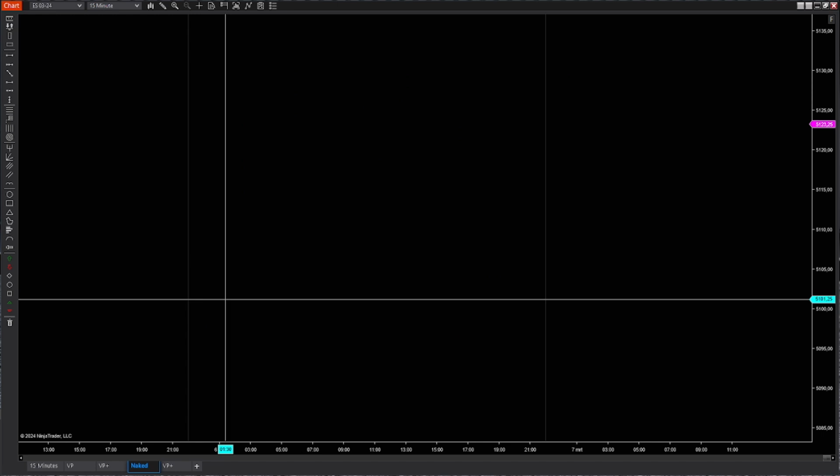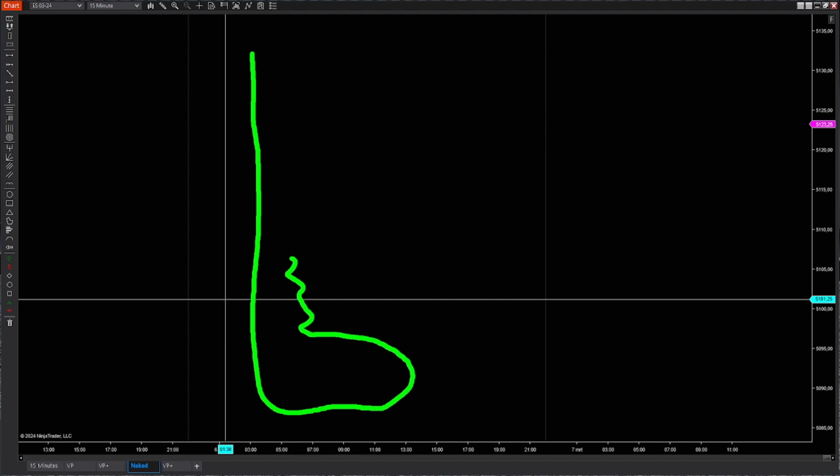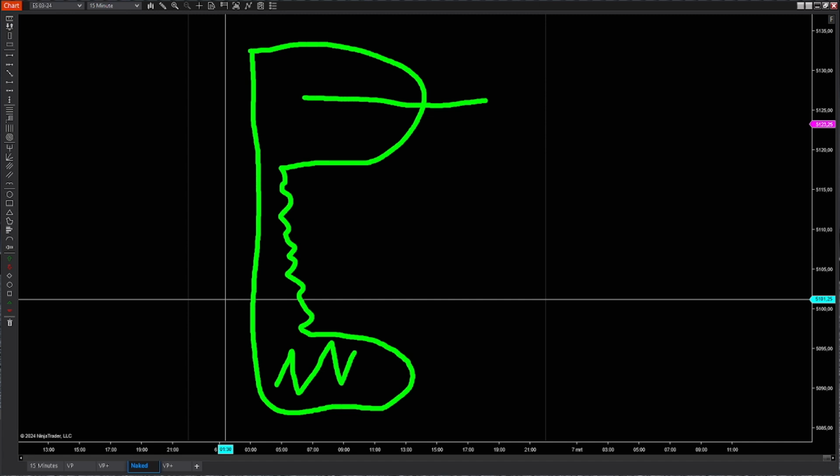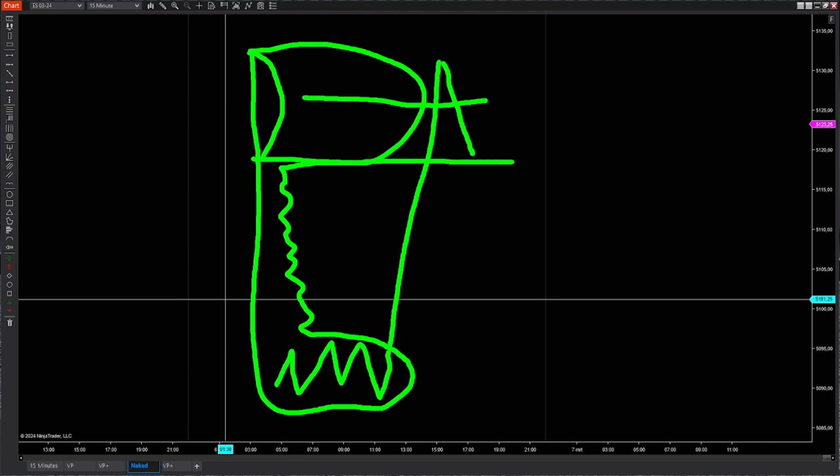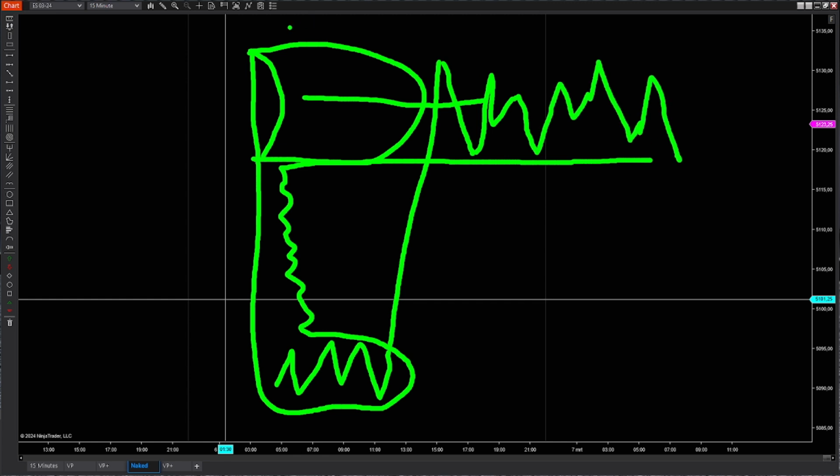Then we have a double distribution. This is what I was explaining just now. So we start off as a B-shaped profile. Price shoots up and we form a new volume node right here, which means price was fighting here. One of the two sides won, in this case the buyers. We shoot up, forming a little volume node right here. We go down, we test the end of this volume node, and then we start hovering around it like this, making this a new distribution. This double distribution pattern can indicate a shift in the market from one value to another, suggesting a possible change